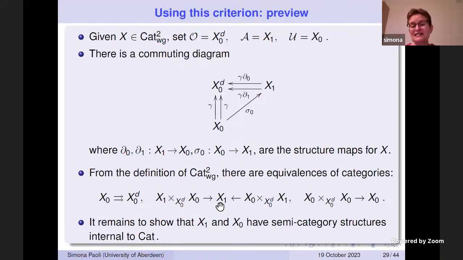We also know that these other maps are equivalences of categories. Why? This comes from the lifting condition in the definition of weakly globular double categories. So bullets 2 and 3 are straightforward. What is left? What is left is that we wanted to have a semi-category structure on x1 with object set x0d,